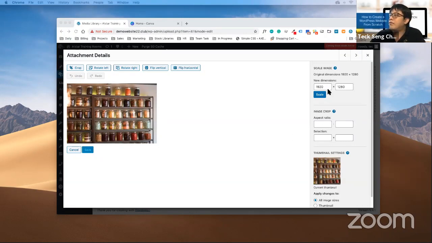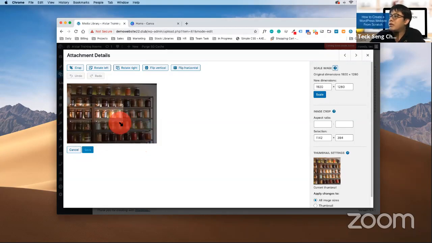But this time around, if you do the same way for the cropping as earlier, you realize that you can't get 1:1, it's very hard to get 1:1. So what we can do is, under the aspect ratio here, we want to key in 1:1. So you just key 1, then 1. I'm just going to move this up a bit. When you do 1, 1, the system on the left hand side will automatically adjust the 1:1 for you. Technically you cannot do other sizes already. No matter what you resize, it's going to be 1:1. So let's say I'm going to select this area.